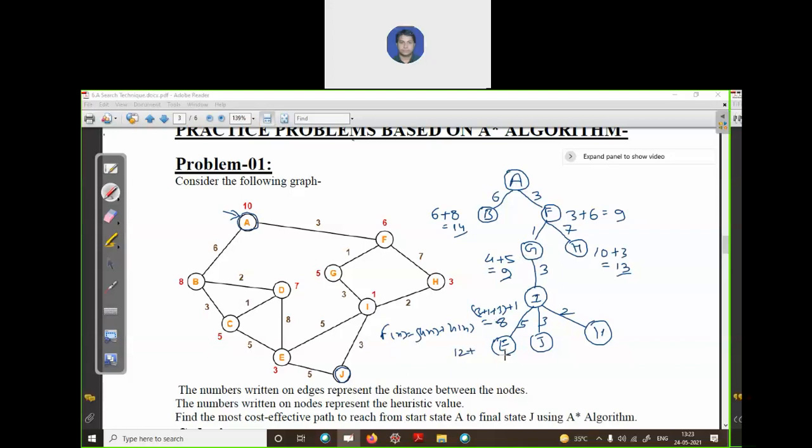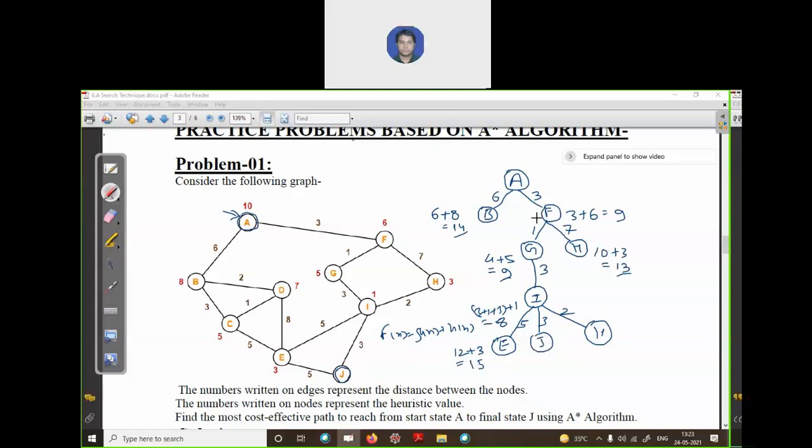The heuristic value of node E is given as 3. So the Fn value for node E is 12 plus 3, which is 15.